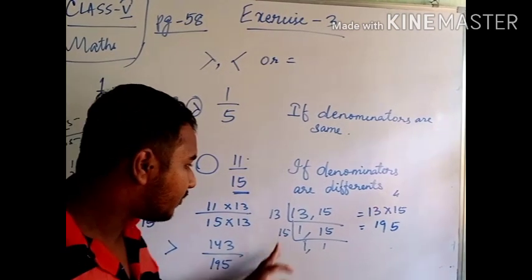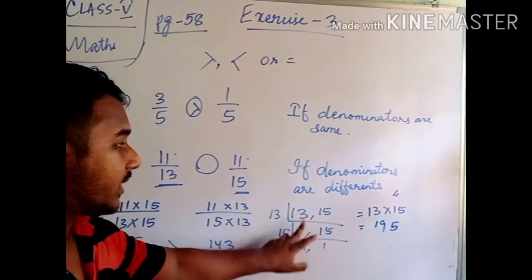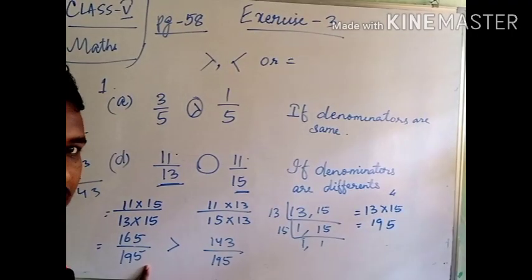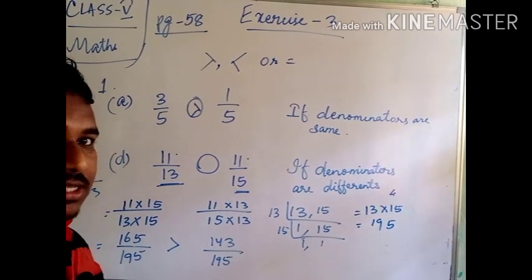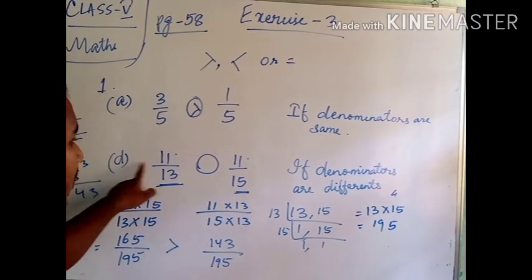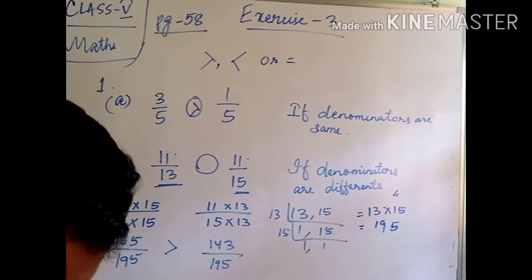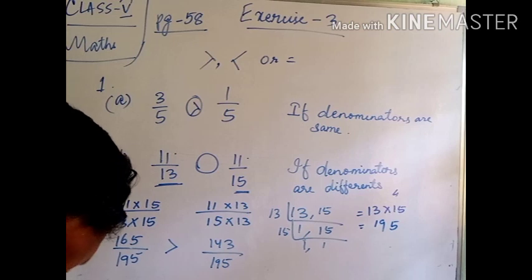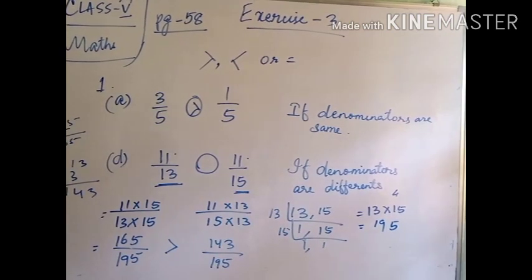Again I am telling this. First, if the denominators are different, you take their LCM and then you have to make equivalent fractions. Both of them you have to make equivalent fractions like this. Then only you are able to solve this question. Clear? Okay. Do the same in the D number question. In the 1 number question, do the same. If both are the same, you have to put equal to.